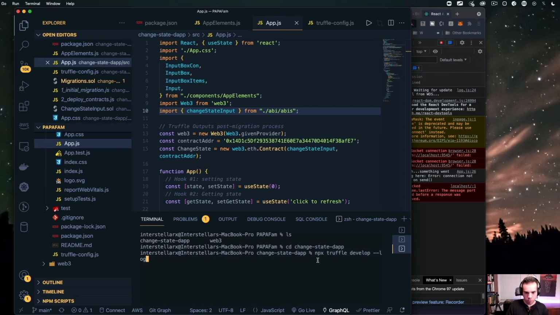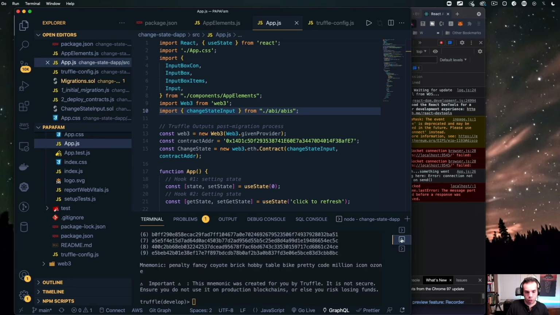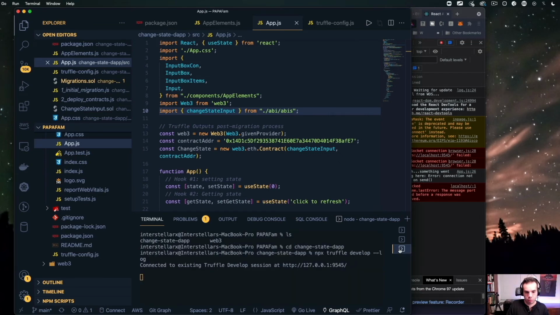That's just why. So when I run this, it's now going to create something like a block explorer, in a sense, a list of all of the things, and it's connected specifically to my Truffle develop session. It knows that's what's happening, and this is going to be logging all of the outputs based upon my Truffle instance here. It's connecting to my Truffle develop session, and I haven't actually run anything yet, but that'll be running and configuring as we go along.